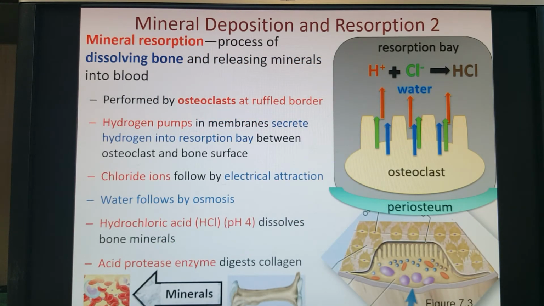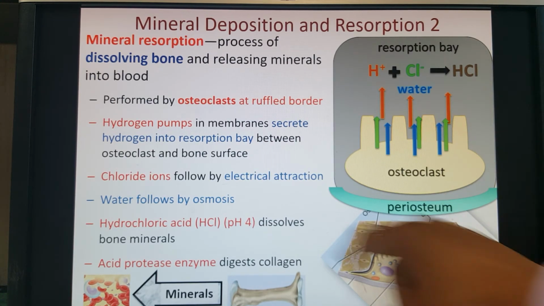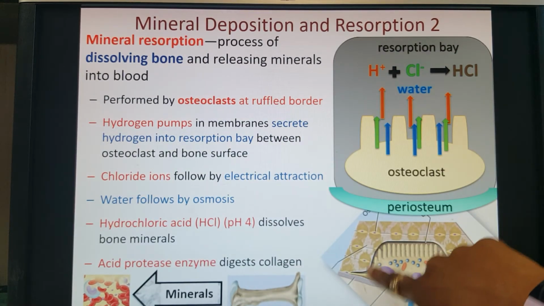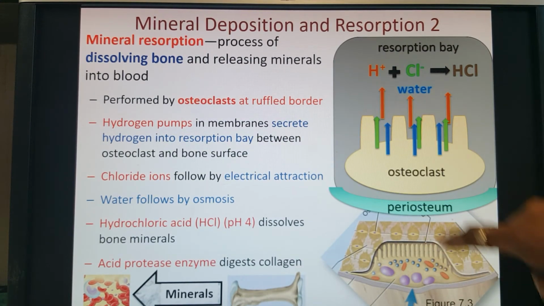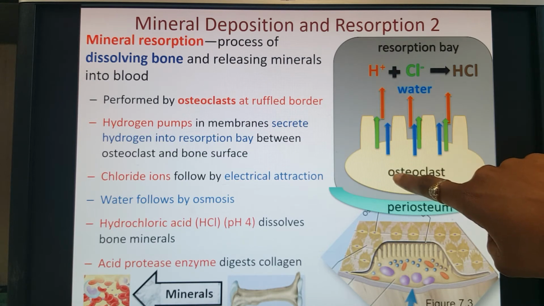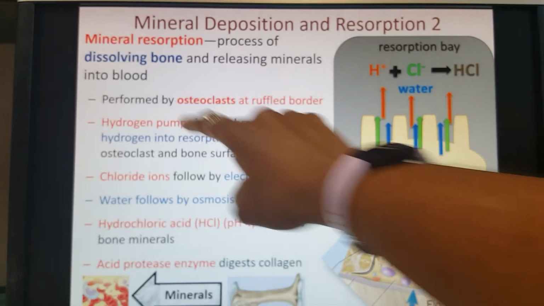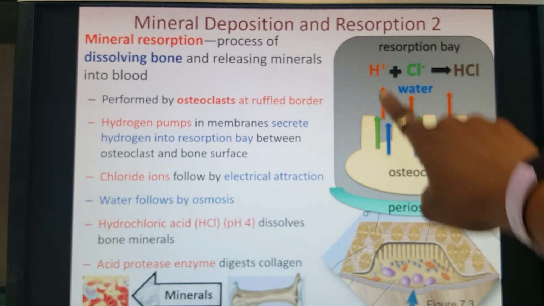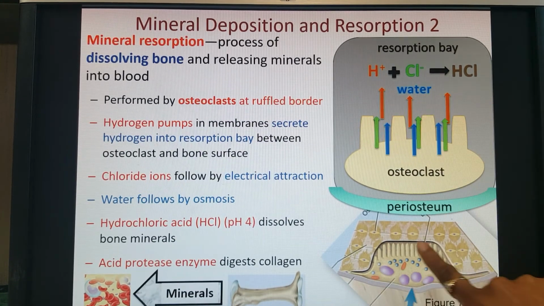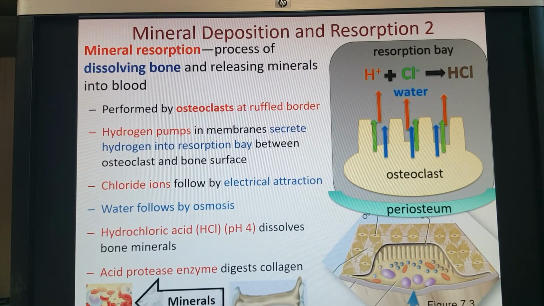The opposite situation is mineral resorption. So we're taking minerals away from the bone. So this is our osteoclast. On this ruffled border section, the osteoclast is going to release hydrogen, so pump hydrogen from the cell out into what's called the resorption bay, this little area here. When it does that, hydrogen is positively charged. We'll talk about this in acid-base balance and electrolyte balance near the end of AP2. But